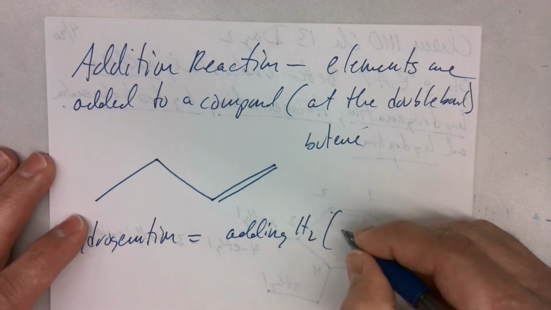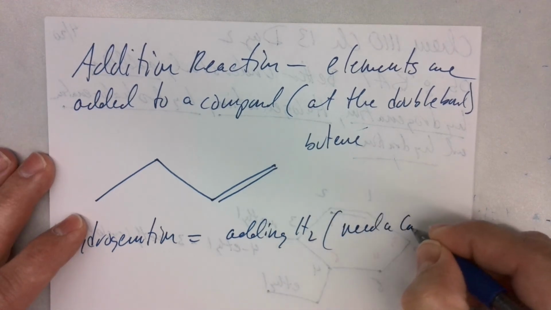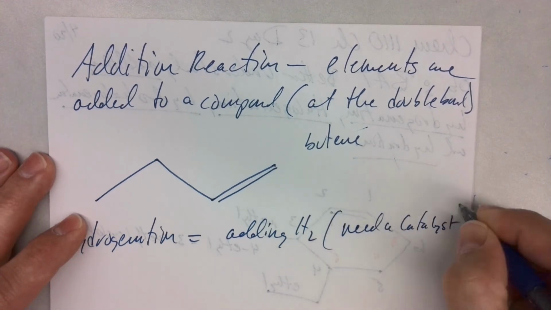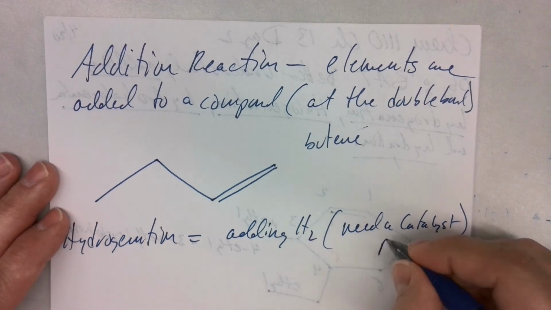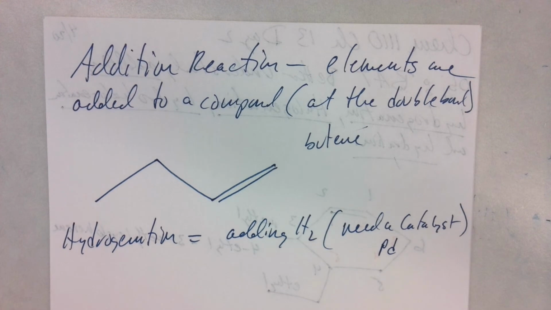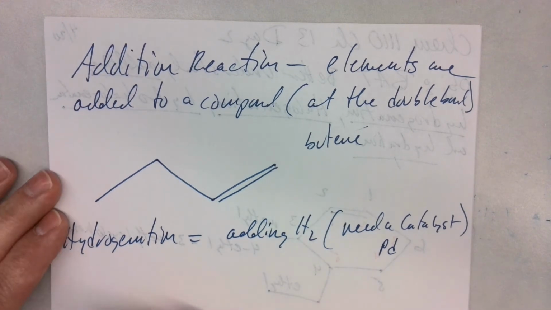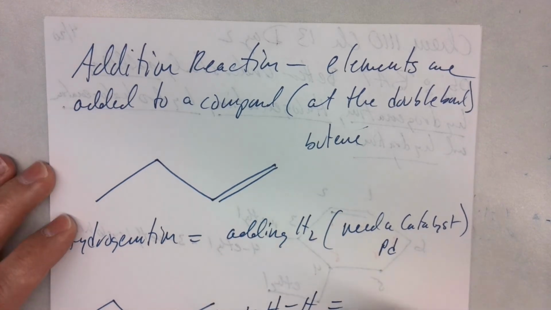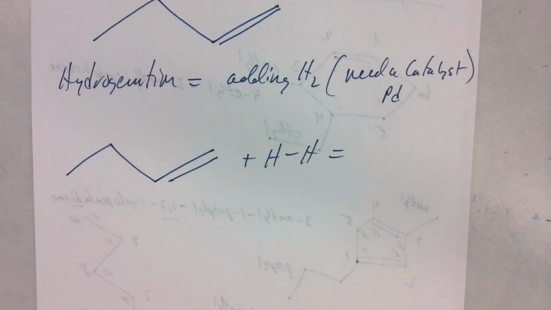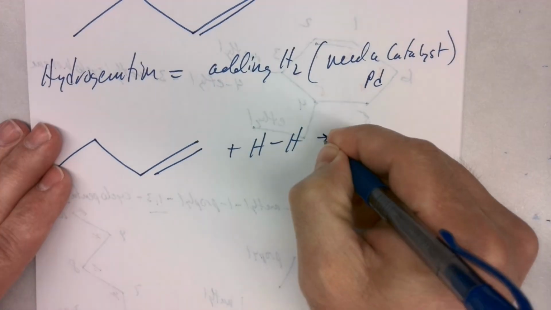Typically, you need a catalyst here. We talked about catalyst in the past. Typically, that catalyst is palladium, Pd. Okay? So when you add H2, it's going to look like this. Okay? Will you move the paper up? Sorry. Okay. So I'm going to add H2. It's going to look like this. Now what happens is